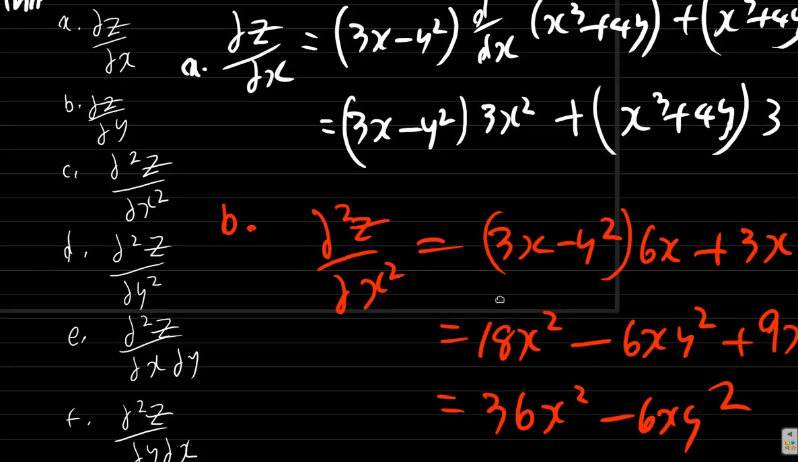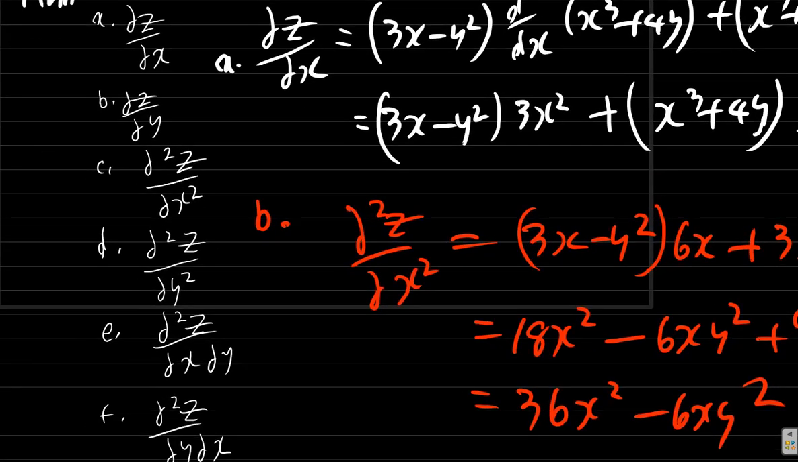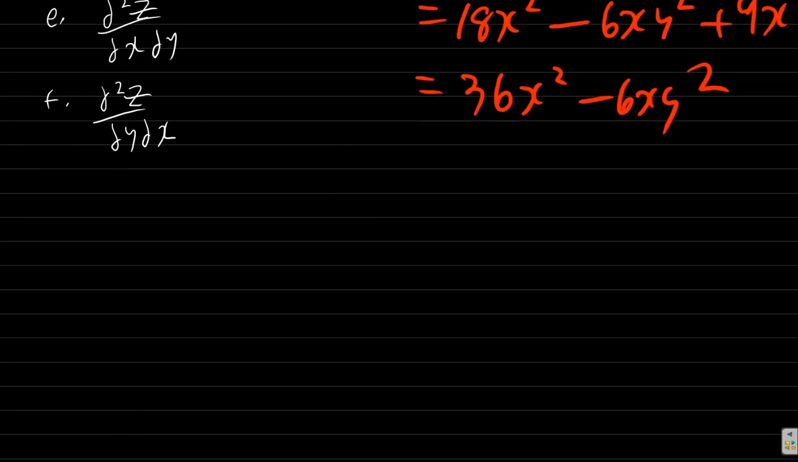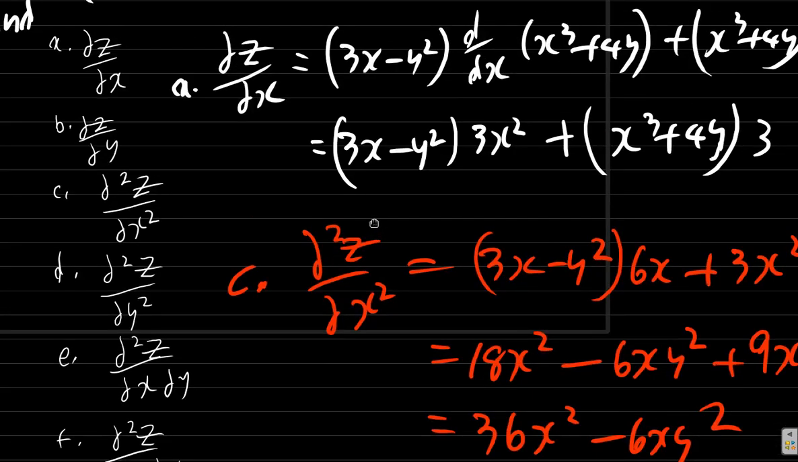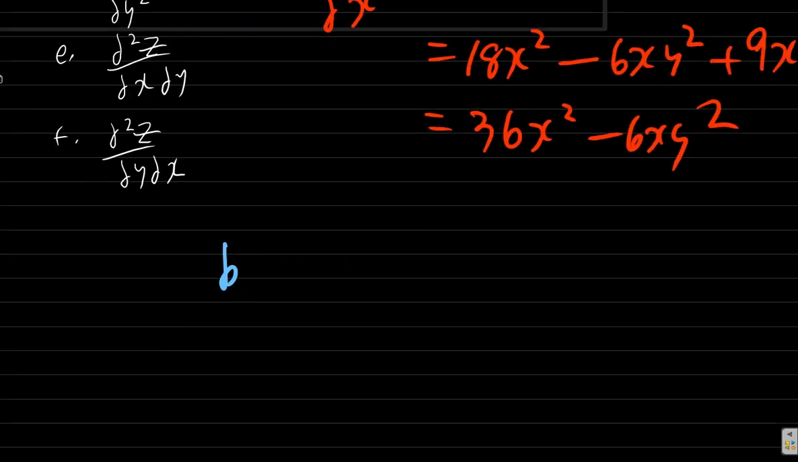Oh, this is part C that we did, you know. This was part C. We skipped over part B. Let's do part B. What does part B say? The partial of z with respect to y. Alright. So partial of z with respect to y equals,